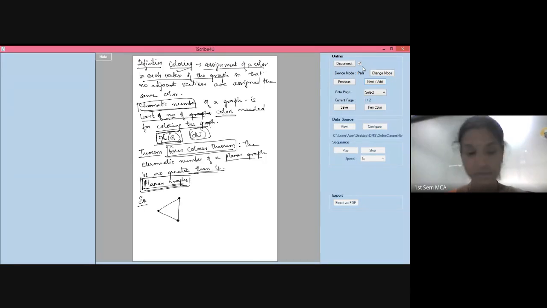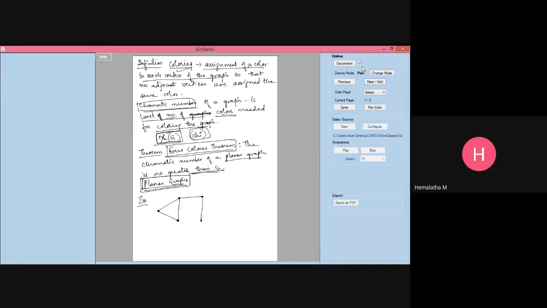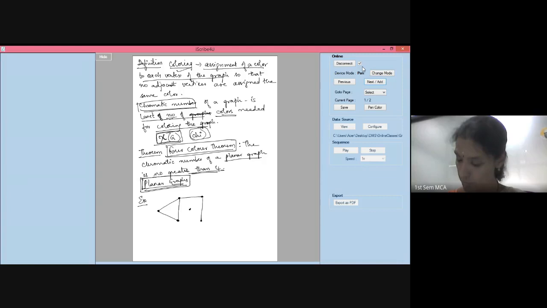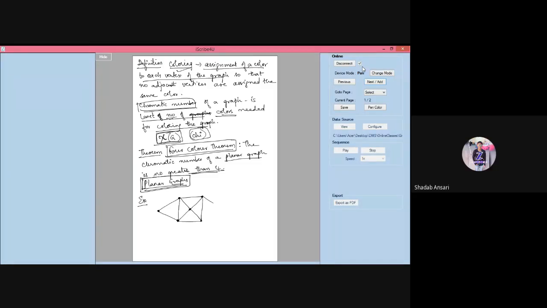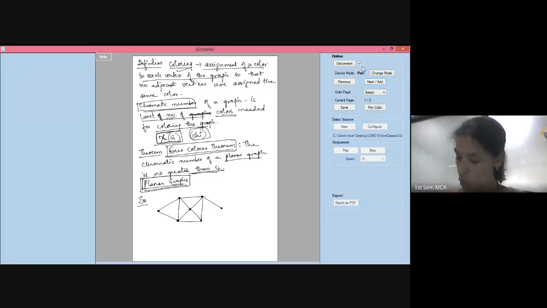Don't simply look at the screen. Are you all writing? Yes, ma'am. If you don't write, please write down and do it along with me. That is always better to learn maths. Otherwise, you will sit and look at the screen and nothing will get into your head. Please stop me and ask if you have any doubts at any point of time. Don't keep your doubts to yourself. Please mute, some disturbance is there.